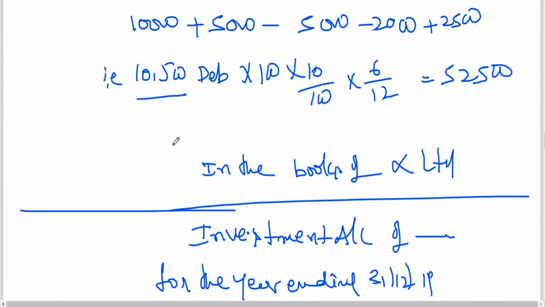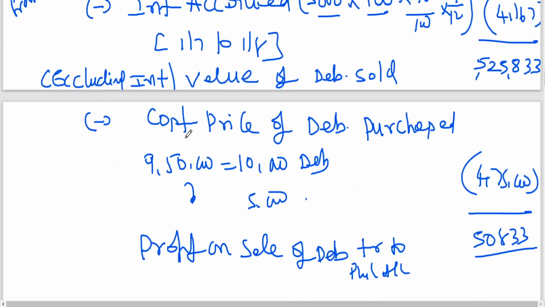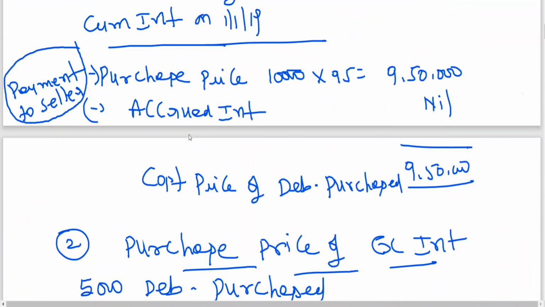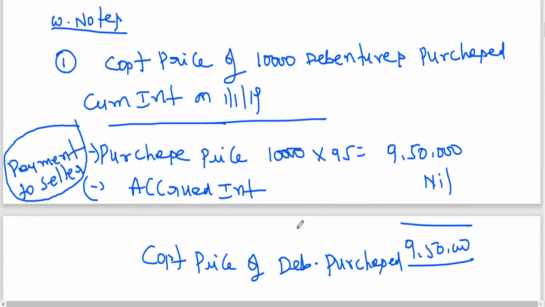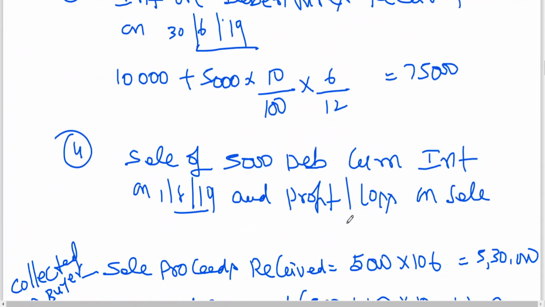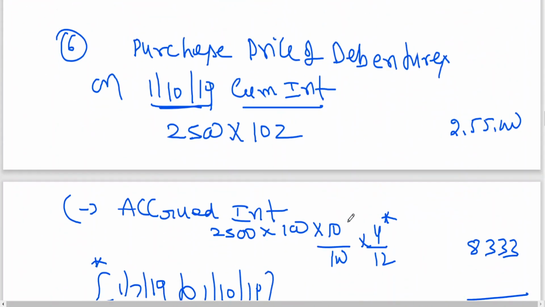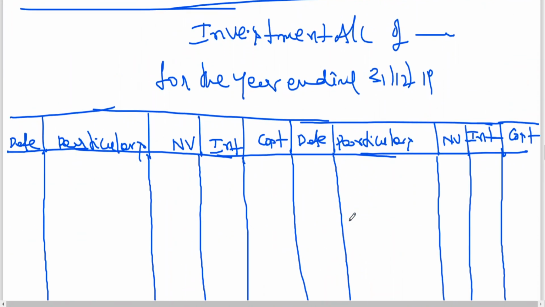Okay, now you can see one by one, starting here. 1st January, what is cost of it? 9,50,000. Now if you want, you can write number or you can write value. If you write value 10 lakhs, no? 10,000 at 100 face value. Interest here, we don't have any accrued interest, cost 9,50,000.